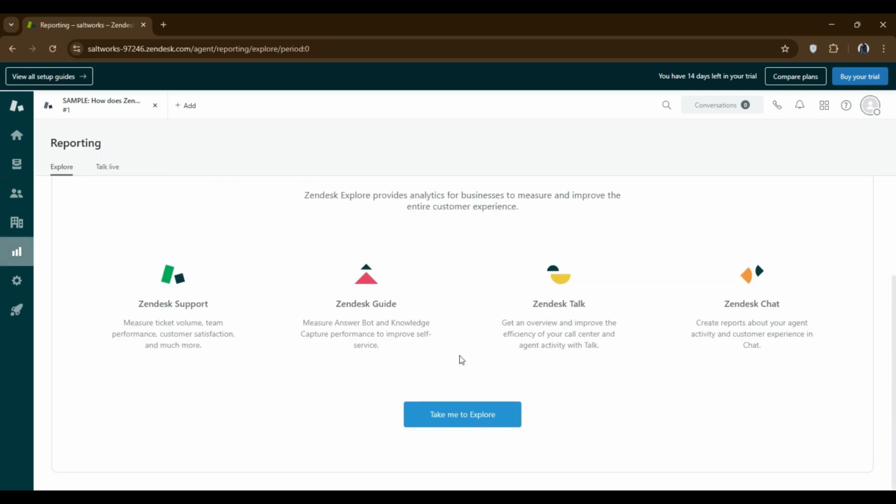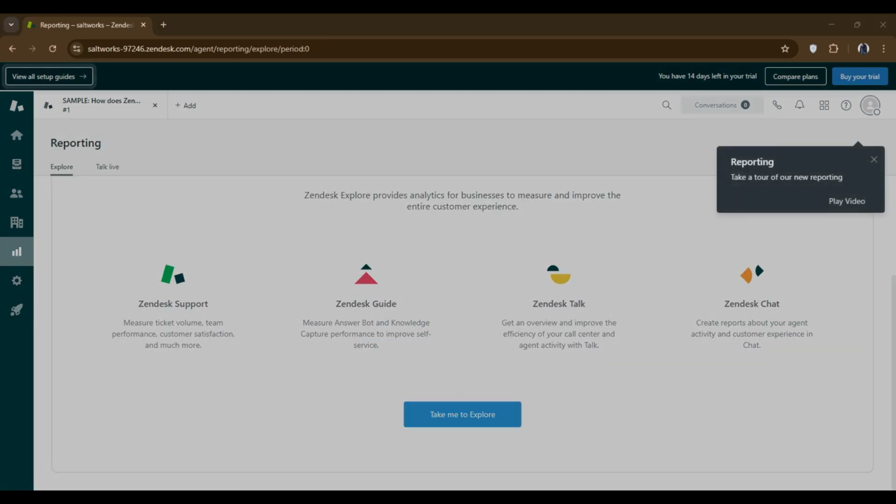And that's it. With these tools, ticket views, internal notes, side conversations, and reporting, you can track every customer conversation